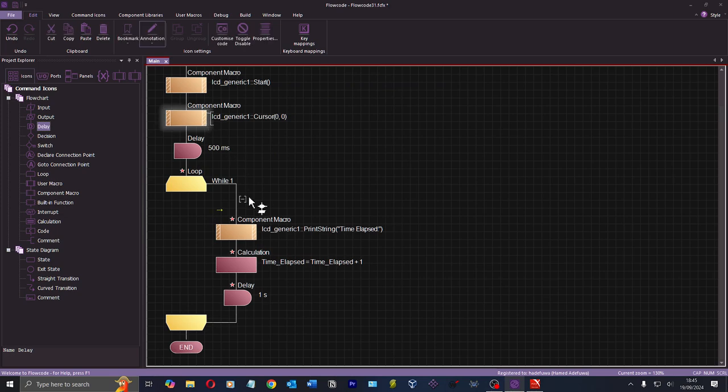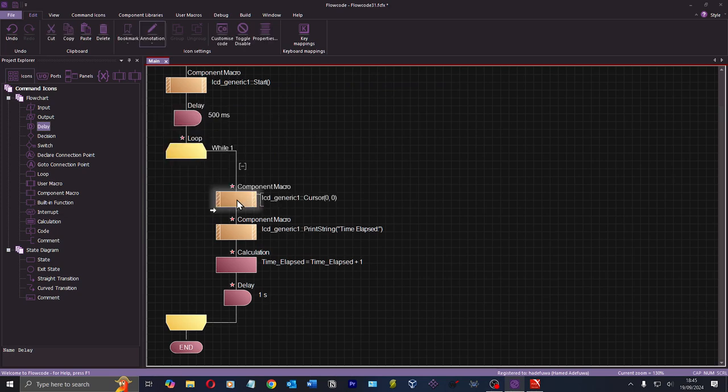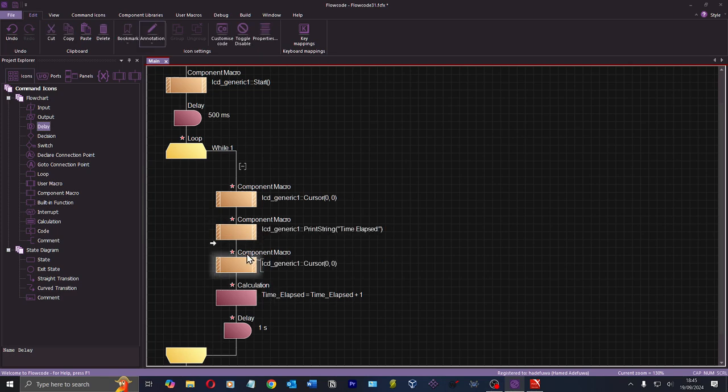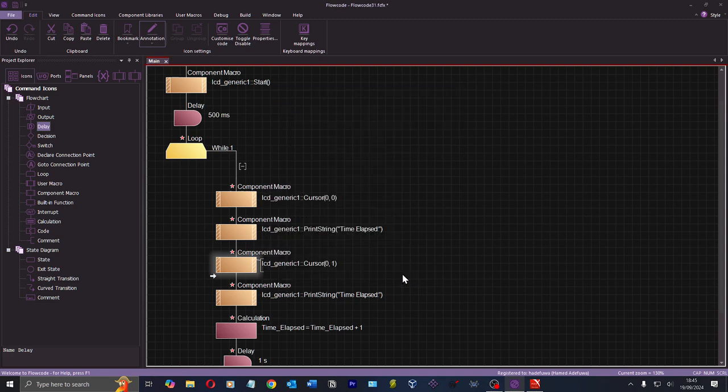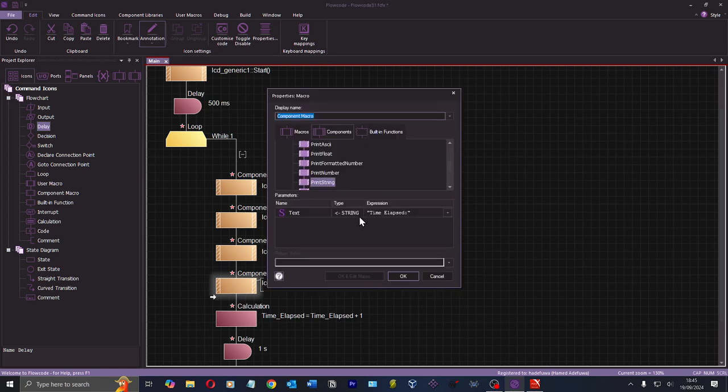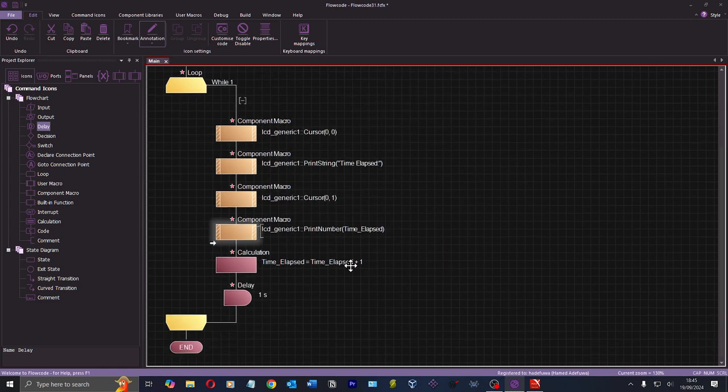Let's set the cursor to 0 here, and we're going to move it down 1, and then we're going to print the number. So do we go down 1 on the Y, I believe? And then we're going to do print number, and we're going to print that time elapsed. And then